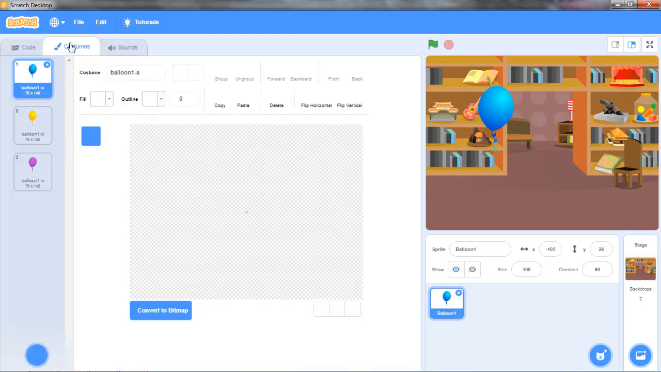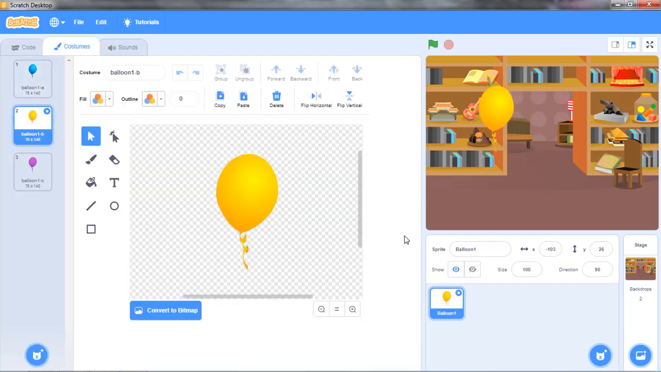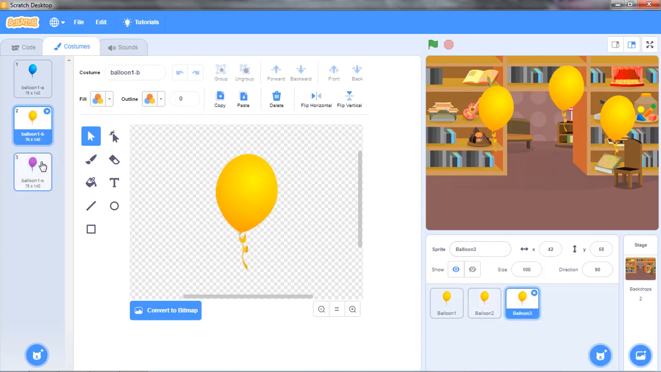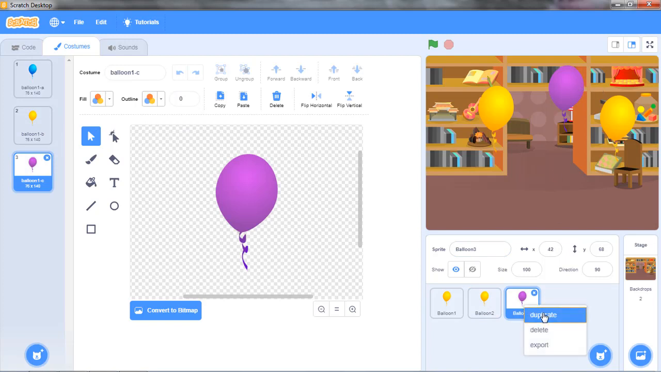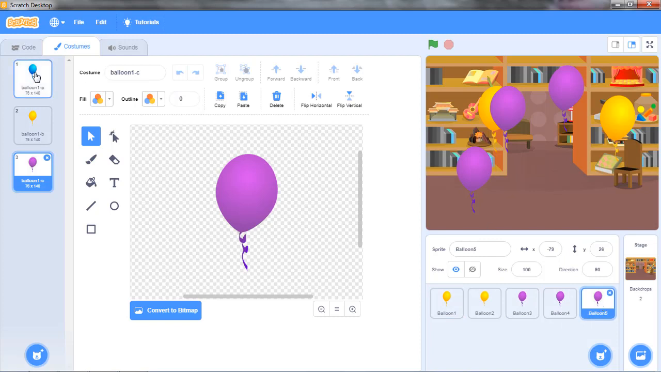and I'll change its color to yellow, and after I will duplicate it to be 2 with this color, and I'll duplicate again and I'll change its color to purple. And this is enough with those 2 colors, and now I'll duplicate it again and I'll pick the blue color,